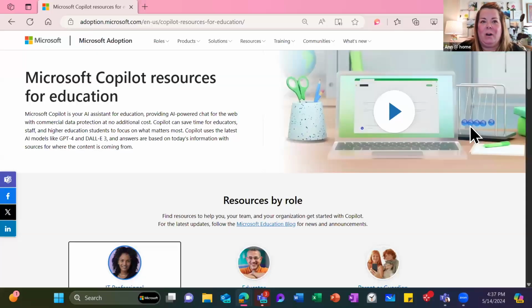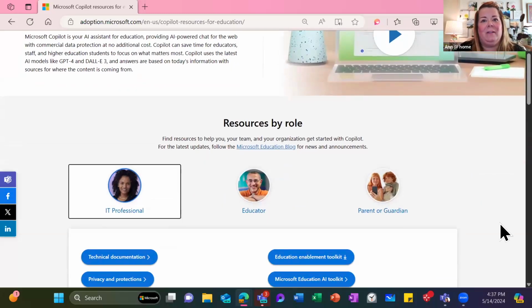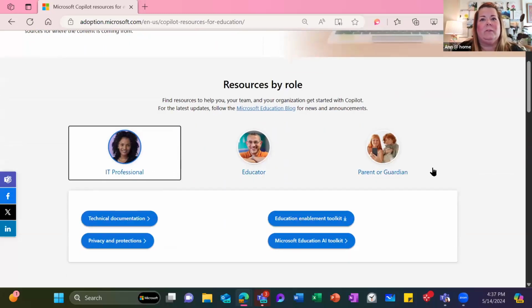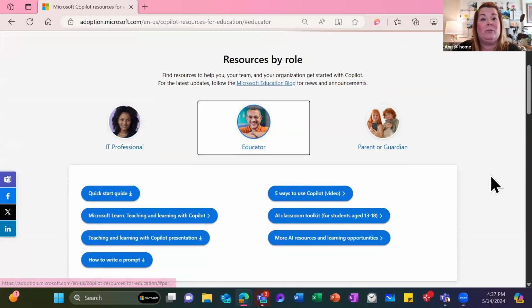Those of you who are wanting to go a little bit deeper with Copilot, this is a brand new resource that our team collaborated on with folks in our Microsoft AI org. But the interesting thing here that we're pointing out is you can find resources by different roles. So we really wanted to support IT professionals, perhaps working at district or county levels, schools if there's an IT lead, some of those technical documentations, the privacy protections, etc. If you want resources that go further, resources for educators.